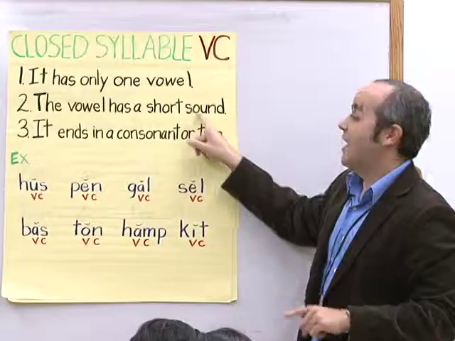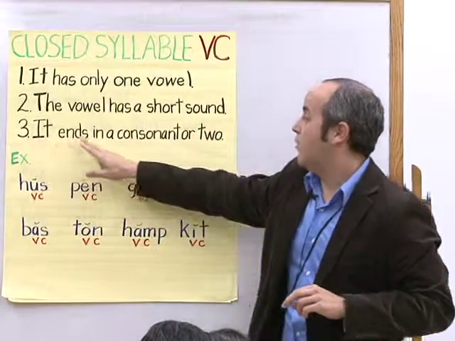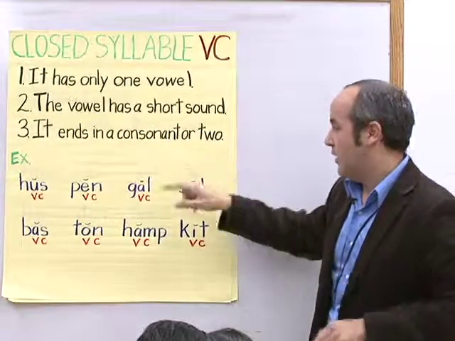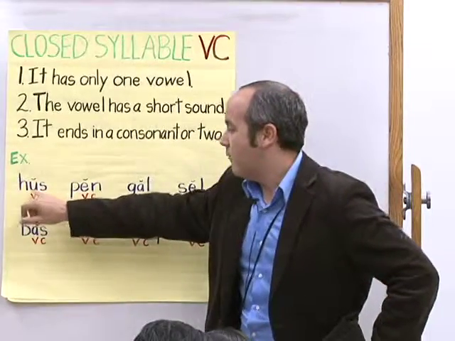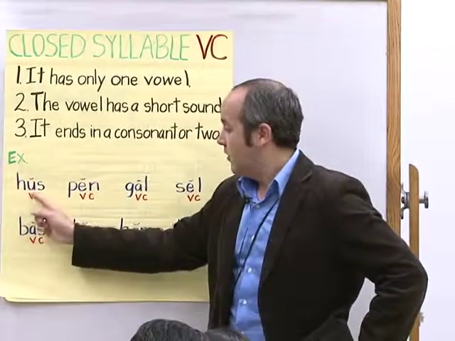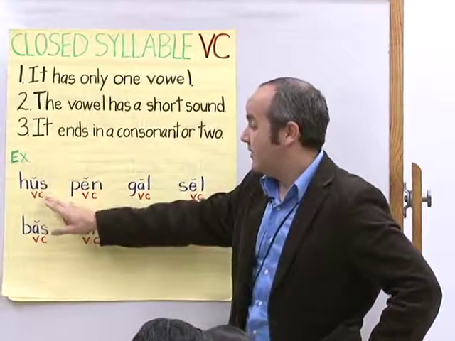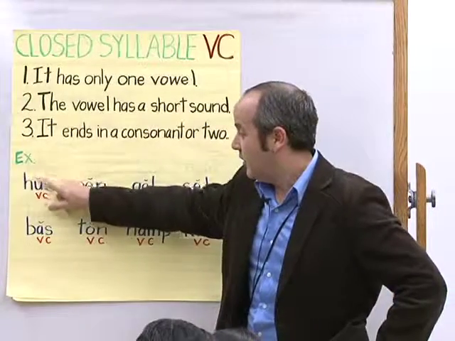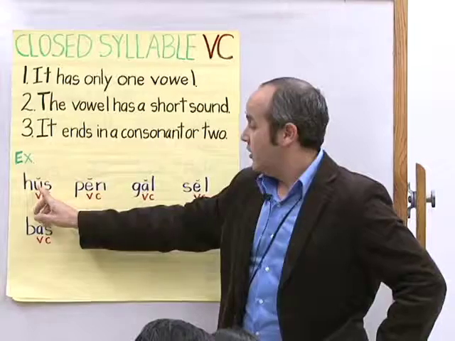The vowel has a short sound, and this closed syllable ends in a consonant, sometimes 2. For example, closed syllable, we have one vowel, and I put V, that's what the V stands for, ends in a consonant, and the vowel sound is short. If you remember, that's the symbol for the short sound. Short sound of the U,